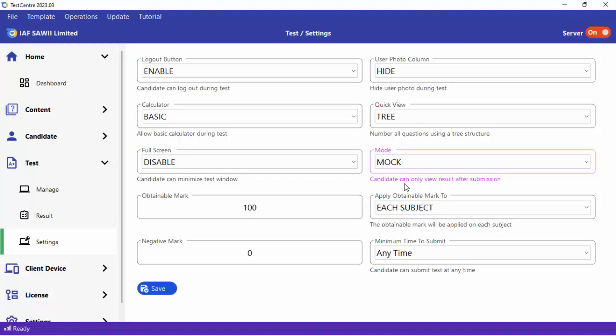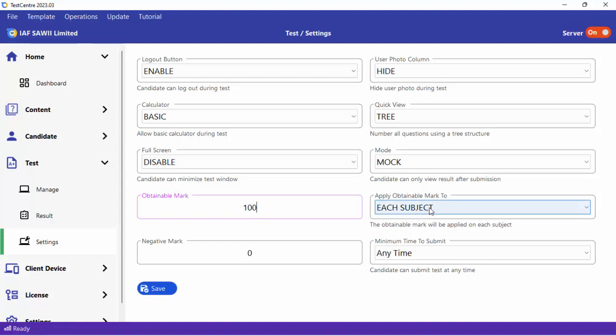So another setting is this. This setting applies to results. So you can change the default. You can decide that each subject should be graded over 100. So even if the number of questions is 10 or 20 or 30 or whatever, the result will be displayed in such a way that every subject will be rescaled to 100. The mark will be rescaled to 100. But that's the default setting. So let's say you want each subject to be graded over 50 or over 10 or whatever you want, you can change it here. Mind you, whatever figure you apply here